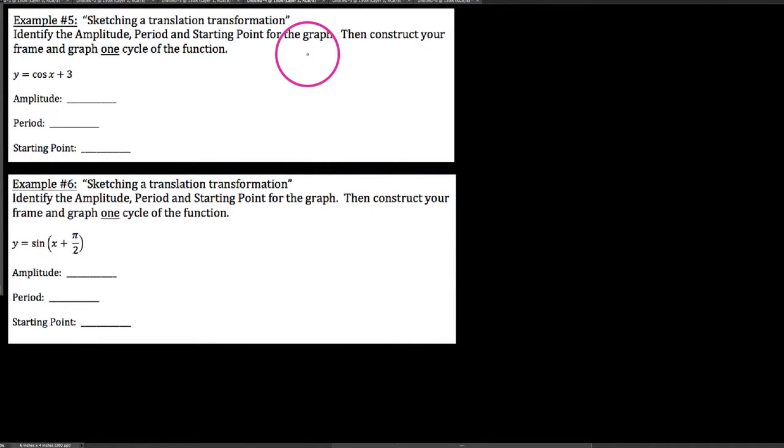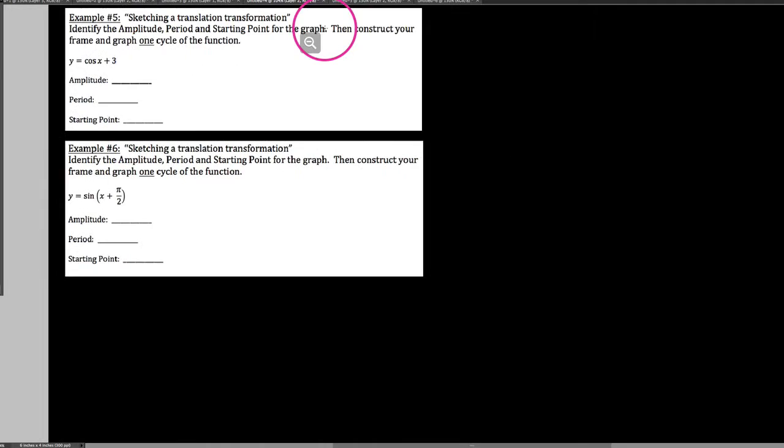Okay, YouTube, in this video we're just going to run through a couple more examples of using the framing method to graph sine and cosine functions. And so let's go ahead and start by looking at example number 5 here. And the first thing we want to do is identify the amplitude, the period, and the starting point of this